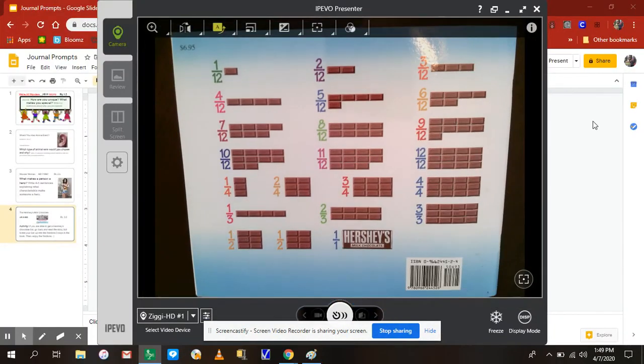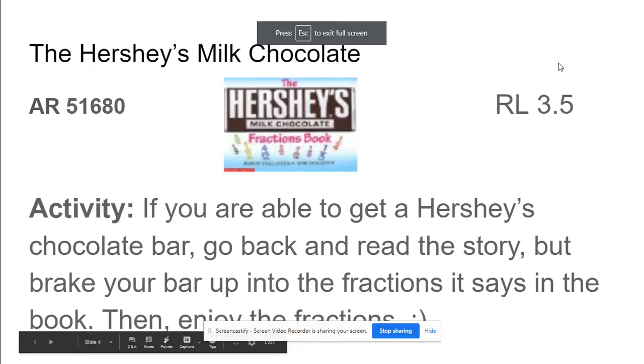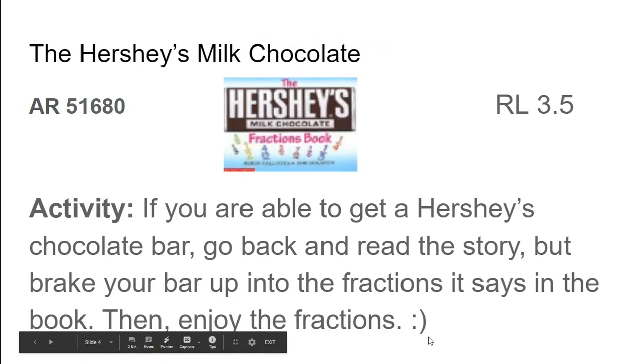Okay, so now, boys and girls, you can go back, and here's a fun activity. If you are able to get a milk chocolate bar, you can go back and reread this and break up